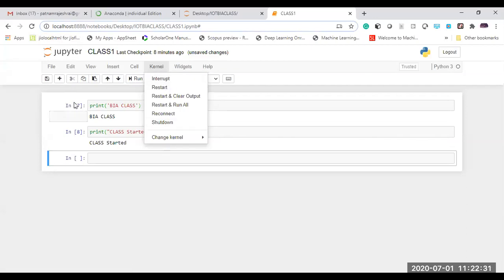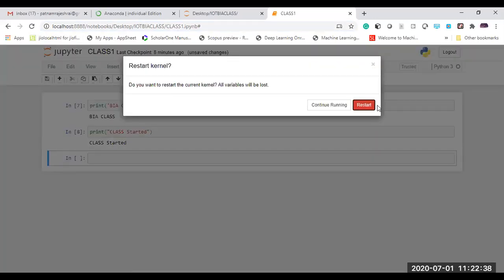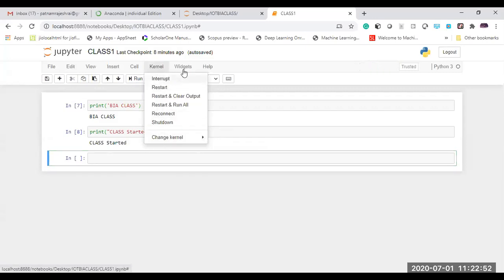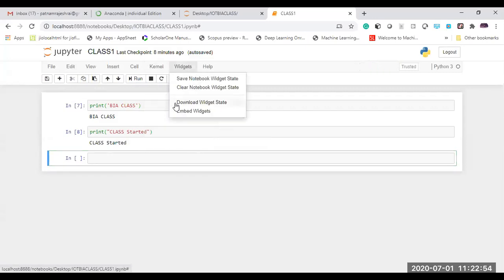So if you are not going to get any output, what happens? You can select the kernel and restart the kernel, so that it refreshes, reverts the content and starts the execution of the Python programming. So for that case, we have one kernel. Okay, kernel services.